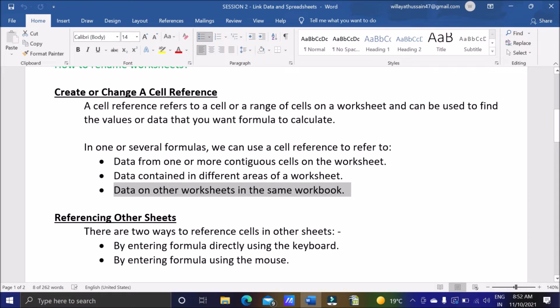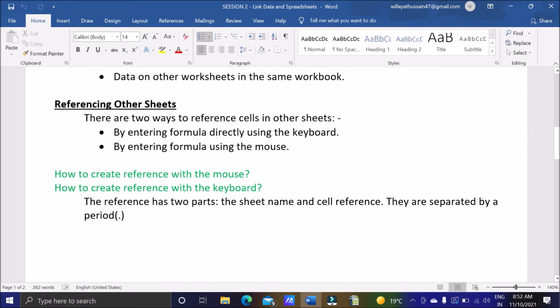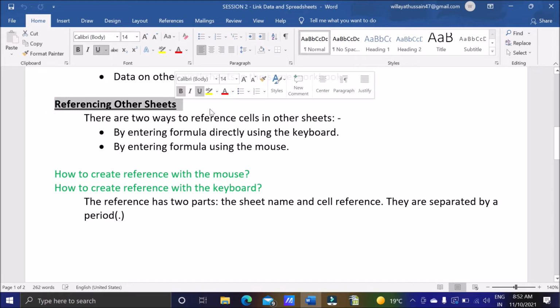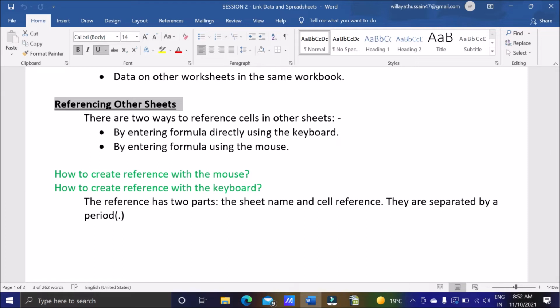So how can we get the data from other sheets? The option is cell reference. So let's see how we can reference other sheets. There are two ways by which we can reference cells in another sheet. Either we can enter the formula directly using the keyboard, or we can enter the formula using the mouse. The mouse method is very easy compared to the keyboard method, because in the keyboard method you have to remember the whole process.